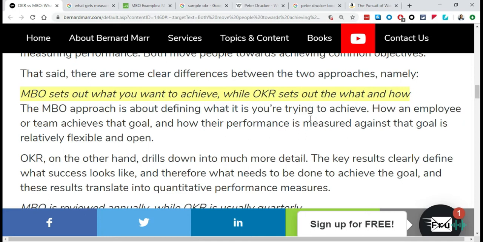key results. What are the key results that you're going to achieve? Those are tangible things that if you achieve them, then those objectives are naturally met. So I already went through this. If you want to reduce customer churn, what are the key results? You want to put out less buggy software. You want to improve the response time of the support team. There are a lot of things you can do as key results to meet those objectives you've set. So that's really the difference. One tells you what, the other tells you what and how. And I believe that's why companies like Google are finding favor with the OKR approach.